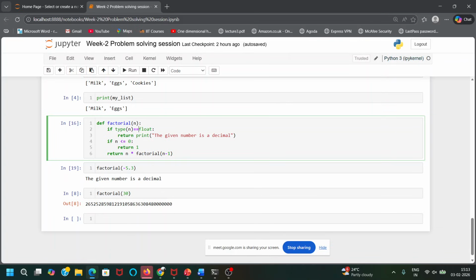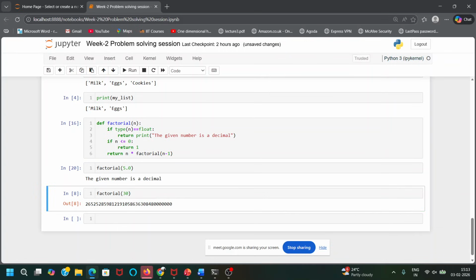There are also a lot of other conditions which I'm missing here. I am telling that this is a decimal, but what if I give 5.0? Then it will return that the given number is a decimal, which is false, right?